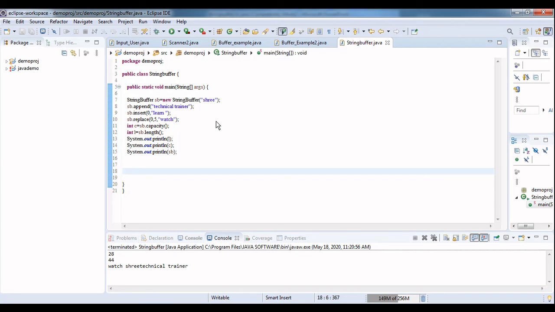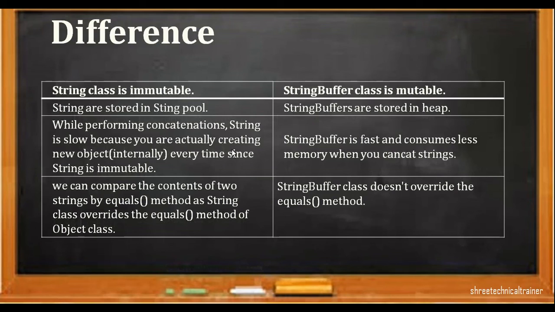Hope you understand what string buffer is. String buffer is used when we want to modify the string. String buffer is thread safe, and where is it stored? It is stored in the heap. So when can we go for string buffer? When we want to modify the string. It has many methods like string, but the main methods are append and insert. What is the difference between string buffer and string? The String class is immutable, that is, it cannot be modified.